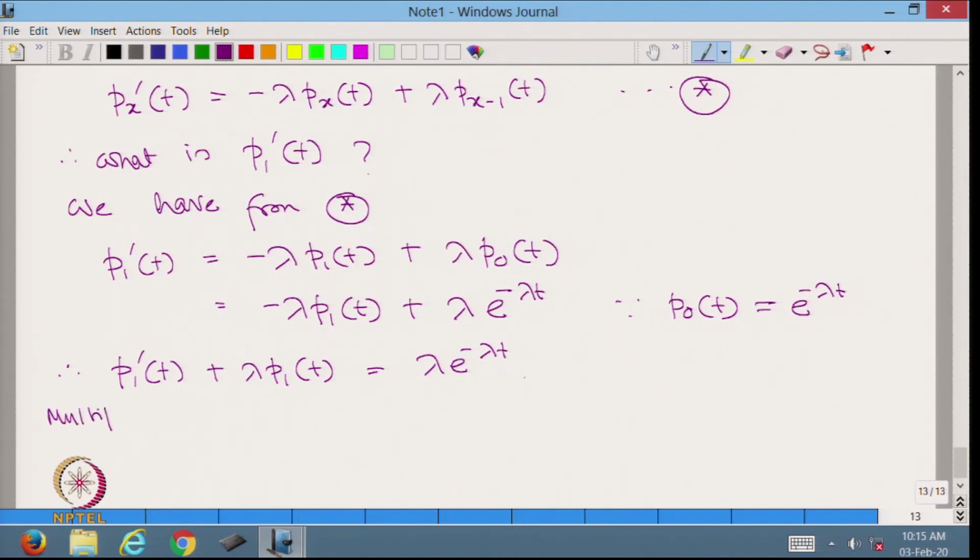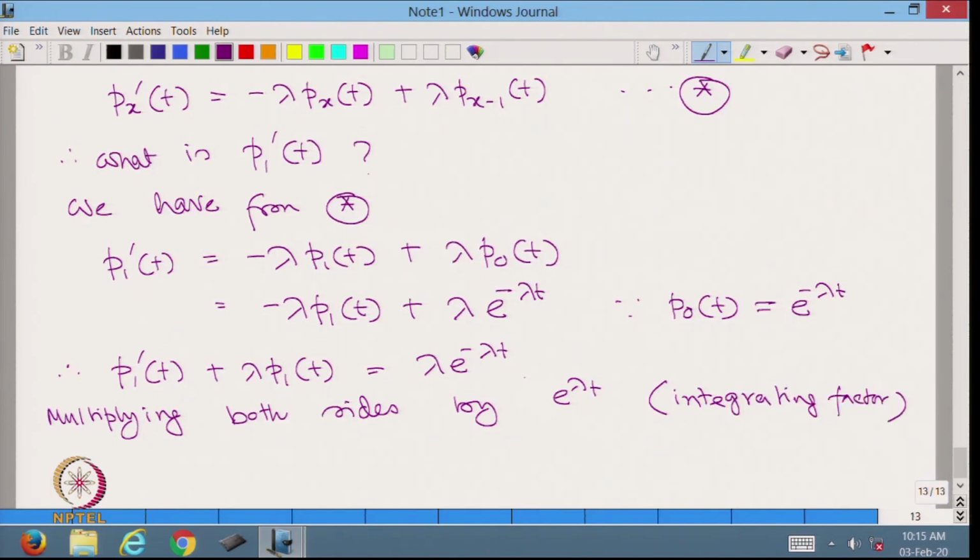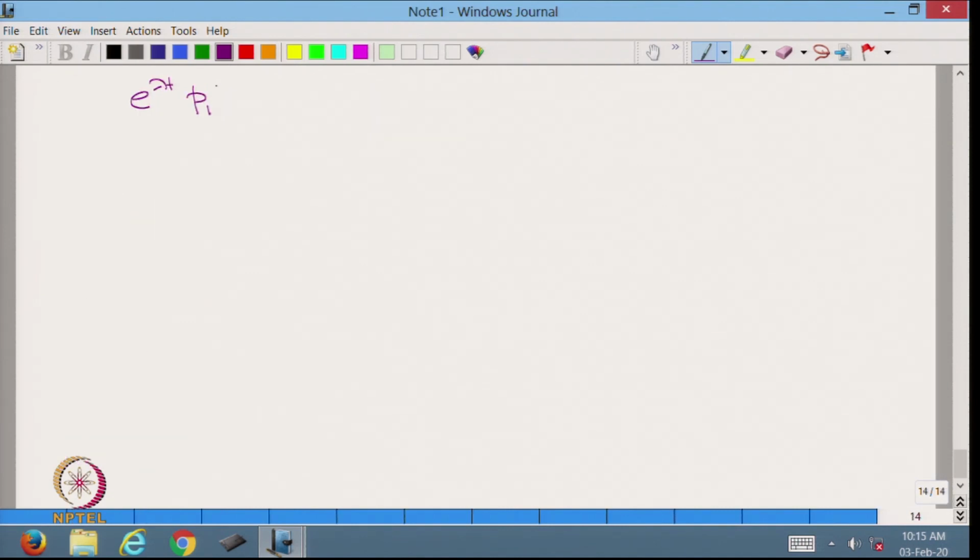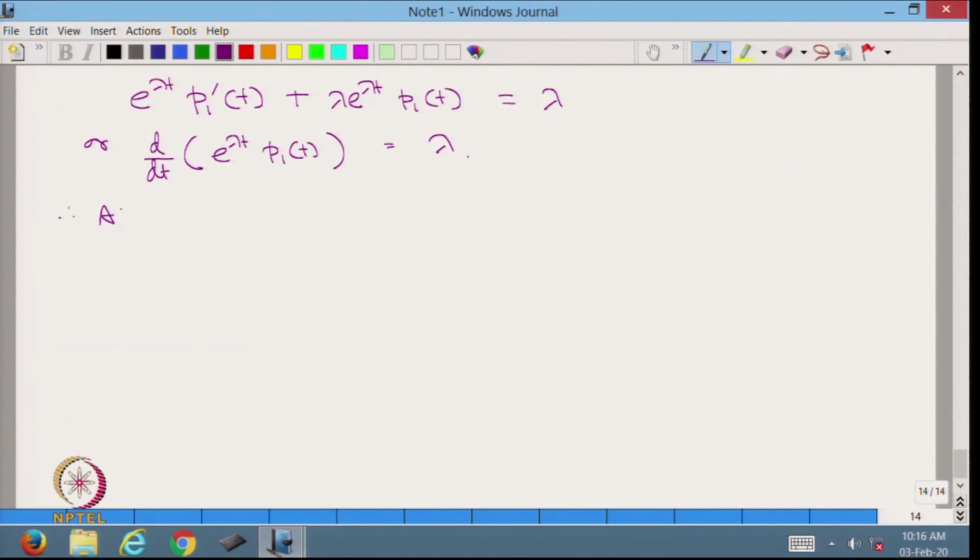Multiplying both sides by e to the power lambda t, which is the integrating factor, we have e to the power lambda t into P1 prime t plus lambda e to the power lambda t P1 t is equal to lambda, or d/dt of e to the power lambda t P1 t is equal to lambda. Therefore, after integration,